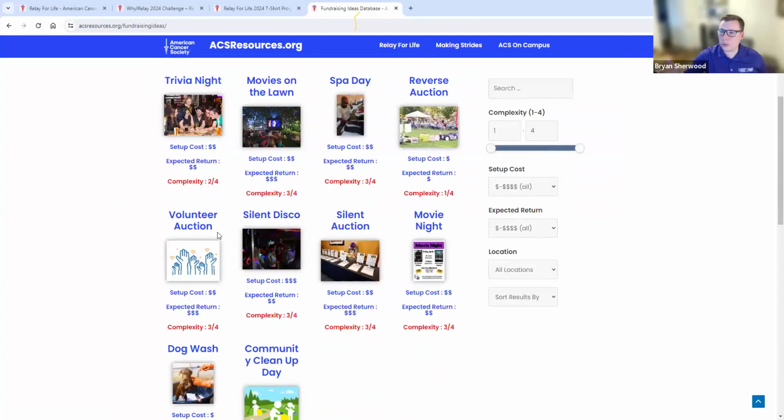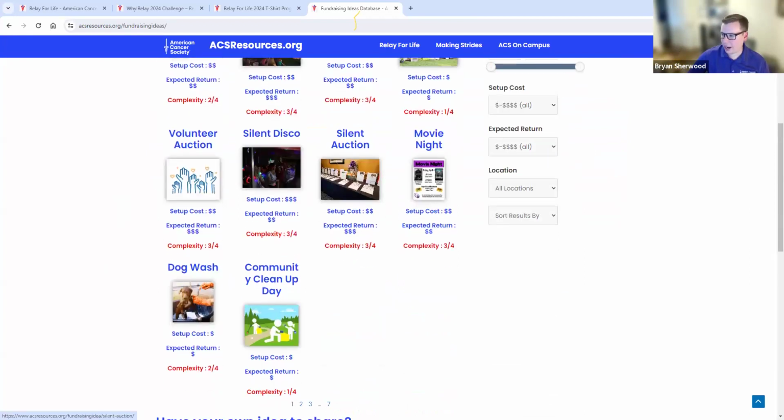But this is a great tool that's maintained by some of our volunteers on the National Community Fundraising Leadership Team, where you literally can browse through fundraising ideas and you can sort by how much it might cost, how much it might raise, how complex is it? Is it difficult to execute? Is it easy to execute? Is it something online or is it something in person? You can look for all of that in here and browse through,